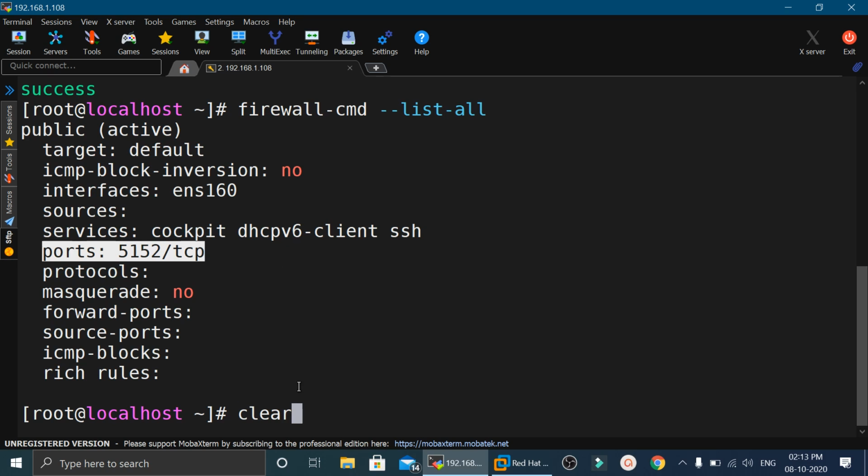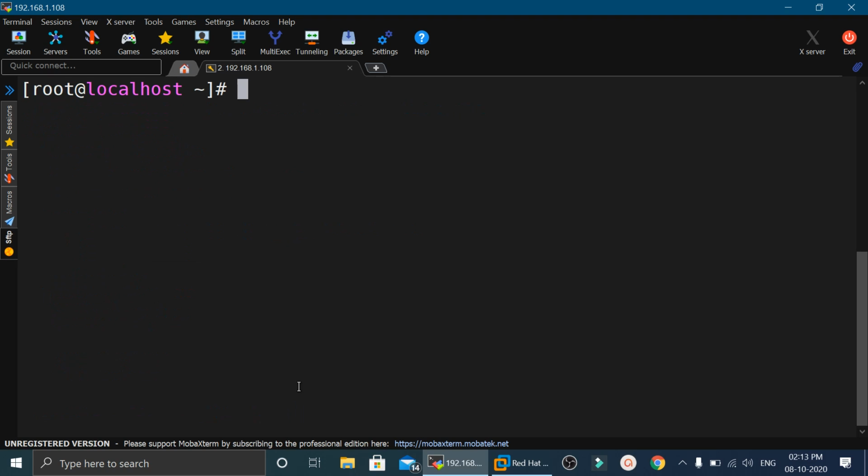Now if you try to do SSH, SELinux will not let you use port number 5152 for SSH, because by default it allows us to use port number 22 only. For that, you can check the status with the semanage command, semanage port -l, and then we can grep for ssh.